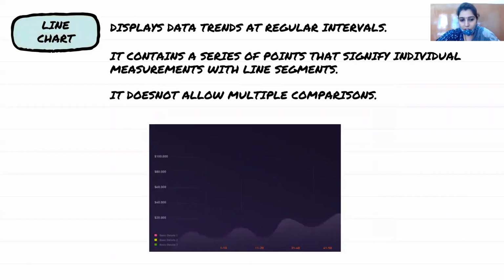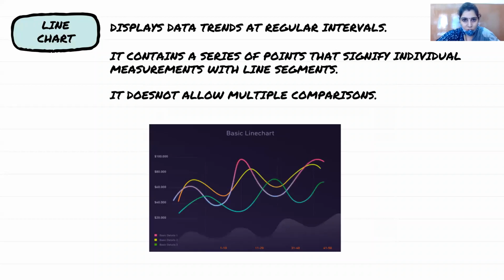Next, line chart. You have already seen this chart in cricket matches also, where they used to depict the trend of a particular bowler or of a particular batsman, that at what regular intervals or what regular overs I must say, कि कितना trend उसका depict हो रहा है, इतने ओवर पे क्या रेट था इस बैट्समैन का, इतने ओवर पे क्या रेट है. So they will be taking a regular interval of time. So it will not depict multiple comparisons because you are giving the depiction of one particular bowler and then one batsman. Over to over you are giving comparison at regular intervals, right?